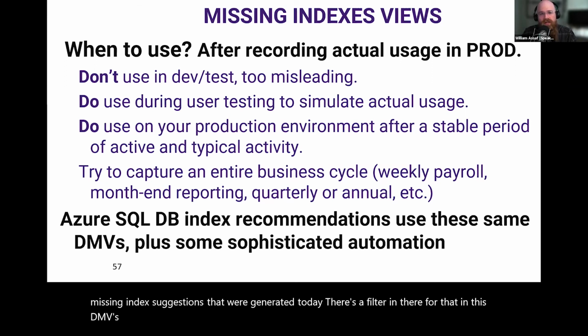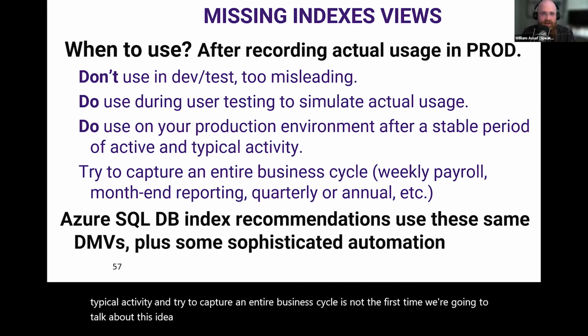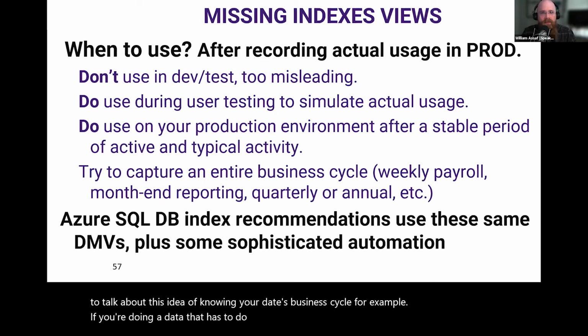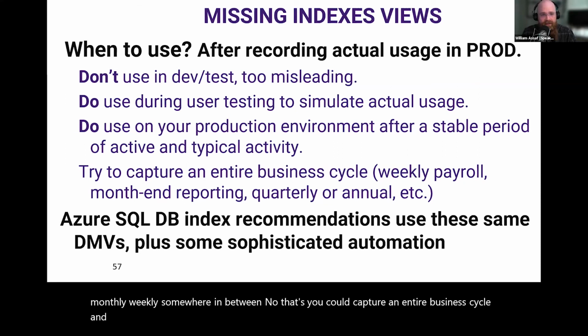Do it on your production environment after a stable period of active and typical activity, and try to capture an entire business cycle. It's not the first time we're going to talk about this idea of knowing your data's business cycle. For example, if you're doing data that has to do with payroll, know when payroll is paid. Do they do it monthly, weekly, somewhere in between? Know that, so you could capture an entire business cycle and then start taking action on the indexes based on